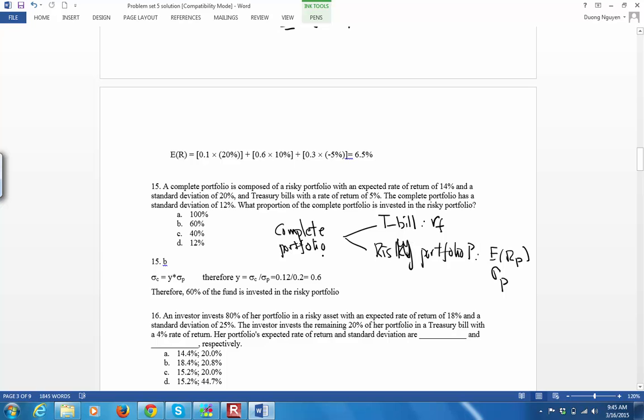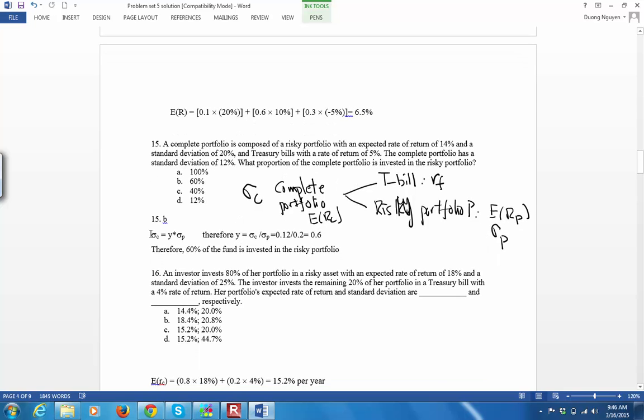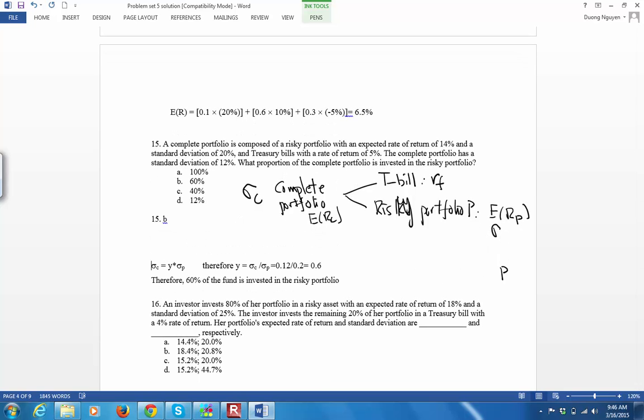Okay, so the complete portfolio has the expected return ERC, and the standard deviation for the complete portfolio is sigma C. So you have sigma C, you have ERC. Alright, so here is the relationship between the complete portfolio and